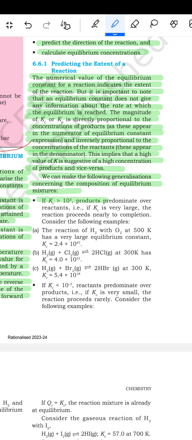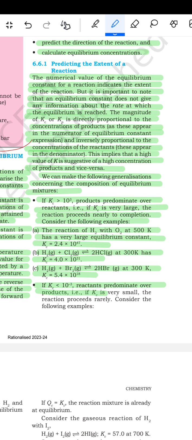So we can make the following generalization concerning the composition of the equilibrium mixture. If Kc is greater than 10 to the power 3, product predominates over the reactants. That means if Kc is very large, the reaction proceeds nearly to completion. Consider the following examples. दूसरा है कि the reaction of the H2 with O2 at 500 केल्विन has a very large equilibrium constant। Kc आया था 2.4 गुना 10 का पावर 47 और H2 प्लस Cl2 टू 2HCl at 300 केल्विन has Kc equal to 4.0 गुना 10 का पावर 31। H2 प्लस Br2 टू 2HBr at 300 केल्विन has Kc equal to 5.4 गुना 10 का पावर 18।